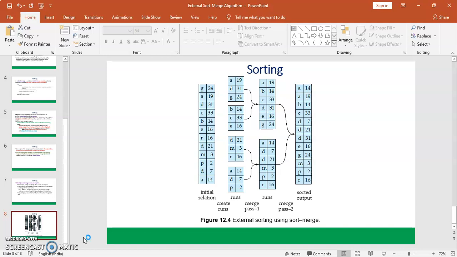We go for pass one and have a new set of runs again, so the same process is repeated, and finally the entire sorted output is created.